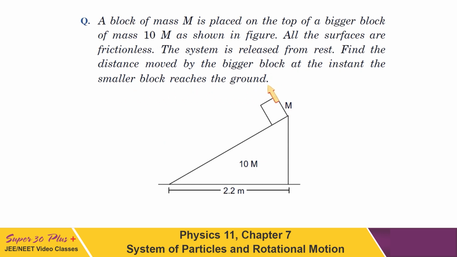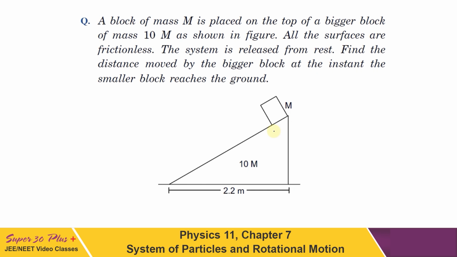Here the surfaces are frictionless, so no friction is acting, and the forces between m and 10m are the only forces responsible for any displacement along the horizontal direction, because as we know, gravity is in the vertical direction, so it cannot displace the system in the horizontal direction. Only the normal is the force between the surfaces which is responsible if there is any displacement along the x direction,